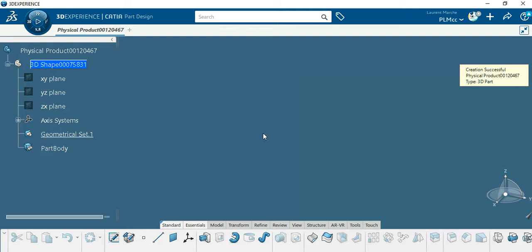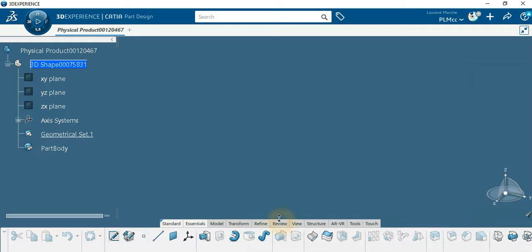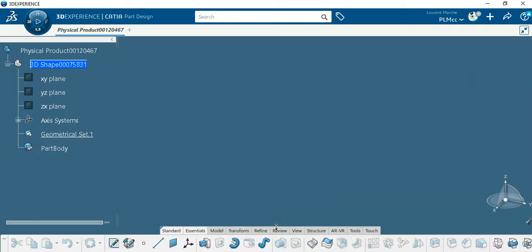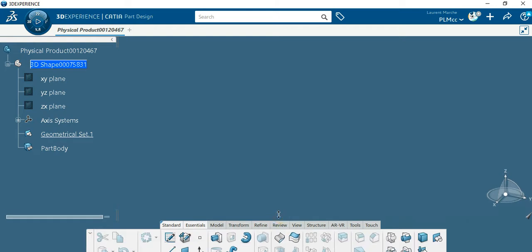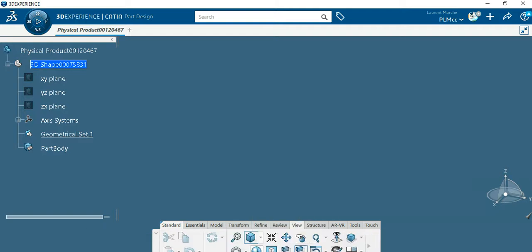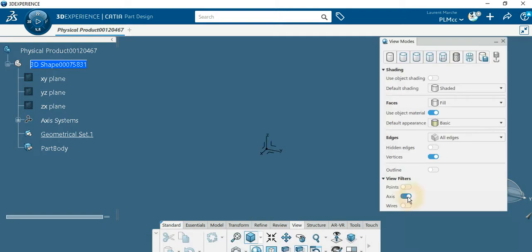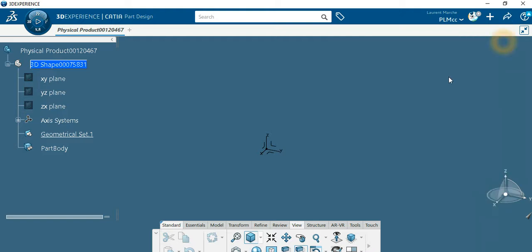Here you've got the window. Here we got the specification tree, and on the bottom here you've got all the tools to design. You can play with this to get on one line or two lines. Okay. First tip: if you don't have the 3 axis here, you can click on View tab and select this one and activate all of this option. Okay, so